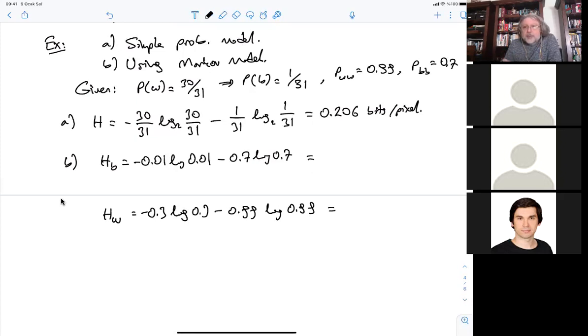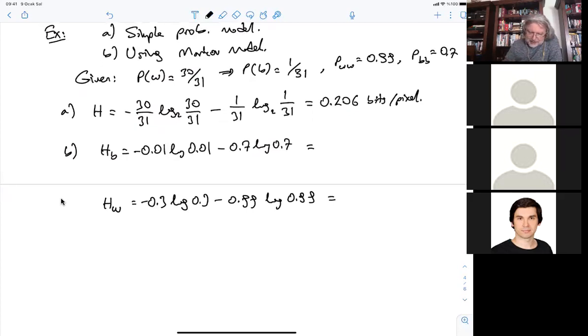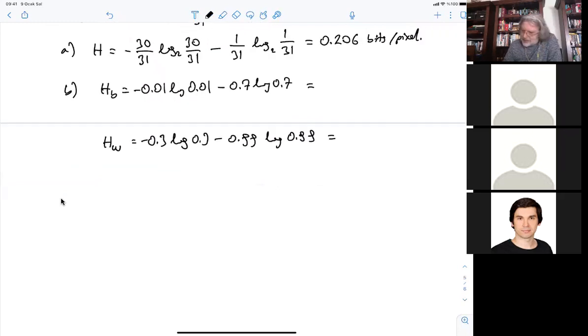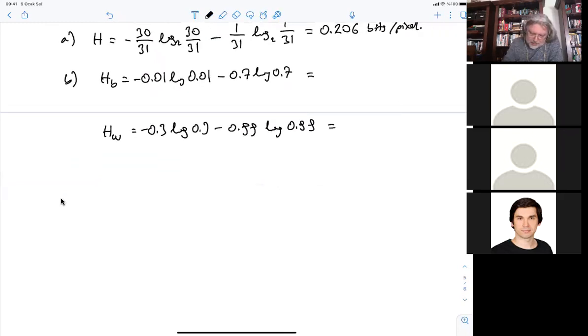Please do not forget to evaluate the logarithm in base 2, okay? You don't have to do it right now. You can do it later in the next week. You can tell me the answers so that I can write the answers here. And therefore, from these two, I can evaluate the overall entropy as